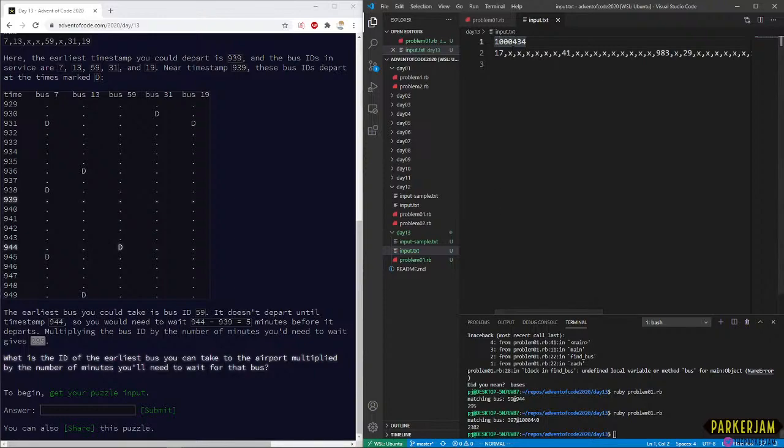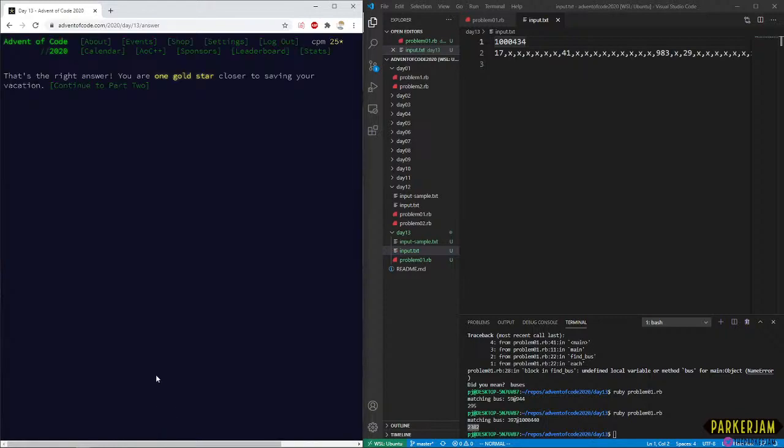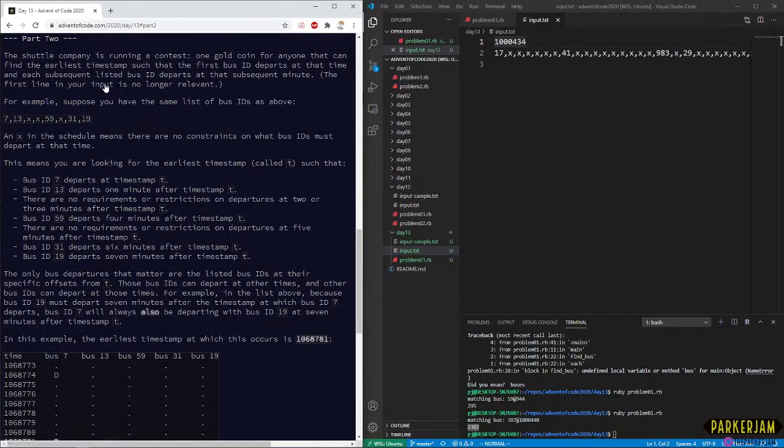So this is about 6 minutes after. So that all looks like it's plausible. Obviously, I'm not doing this by hand, so I don't know for sure if that's correct. But it seems plausible. Let's throw this into our answer and see if we get timed out or not. I don't see any reason why this would be wrong, though. Okay, great. We get another gold star. We get to continue. Let's see what we're doing next.